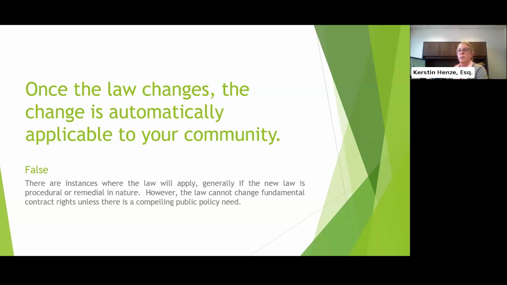So if your declaration was recorded in 1975 and you want to amend your lease restrictions to prohibit leasing, you can potentially make a constitutional argument that this change in the statute that took effect in 2004 does not apply to your community. What does that mean? It means that if you presented this amendment to prohibit leasing and the membership approved it by whatever percentage is required in your document, then it would apply to everyone.